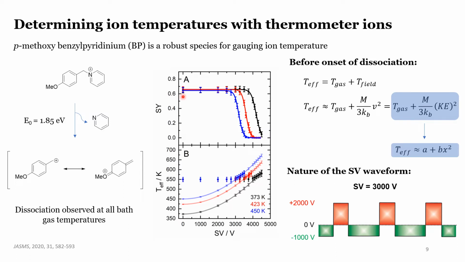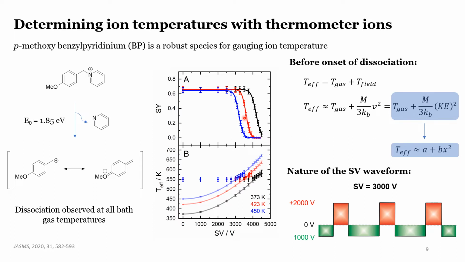the electrospray process. Following this black trace in panel A, which corresponds to a DMS bath gas temperature of 373 Kelvin, it's pretty clear that changes in survival yield don't occur until a critical separation voltage is surpassed, in this case 3750 volts. Converting survival yields to ion temperatures in the regime where changes in survival yield are occurring doesn't present much of a challenge, but the question of what temperature the ion experiences before this critical point is reached